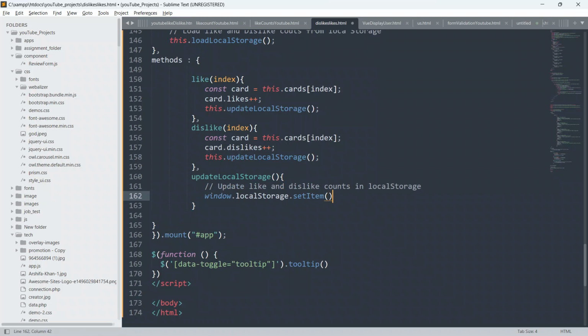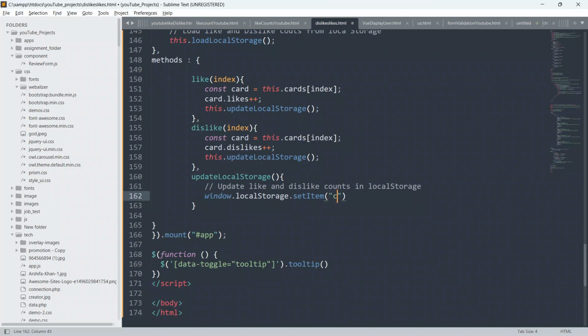Whenever you are supposed to grab data from your local storage, we have to pass that key inside our getItem method as a parameter, and then only will you be able to fetch the value associated with that key. As of now we are going to set it.